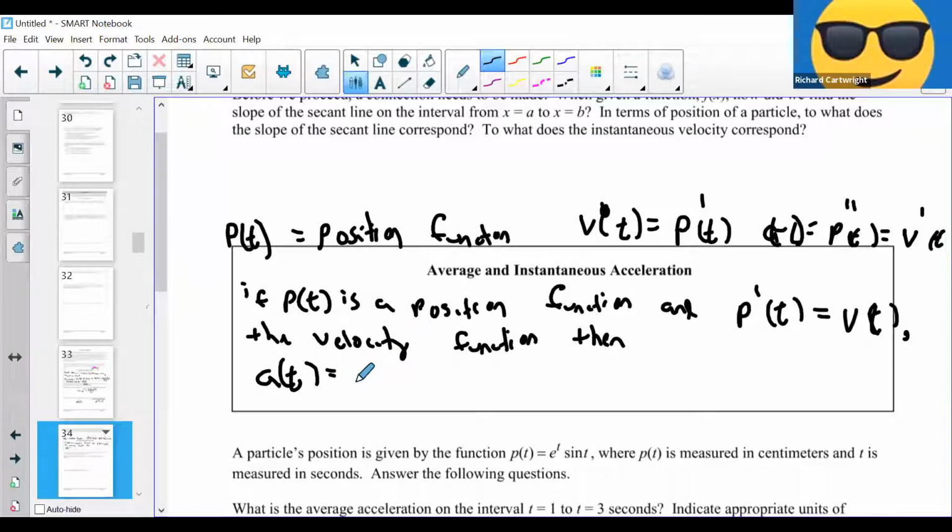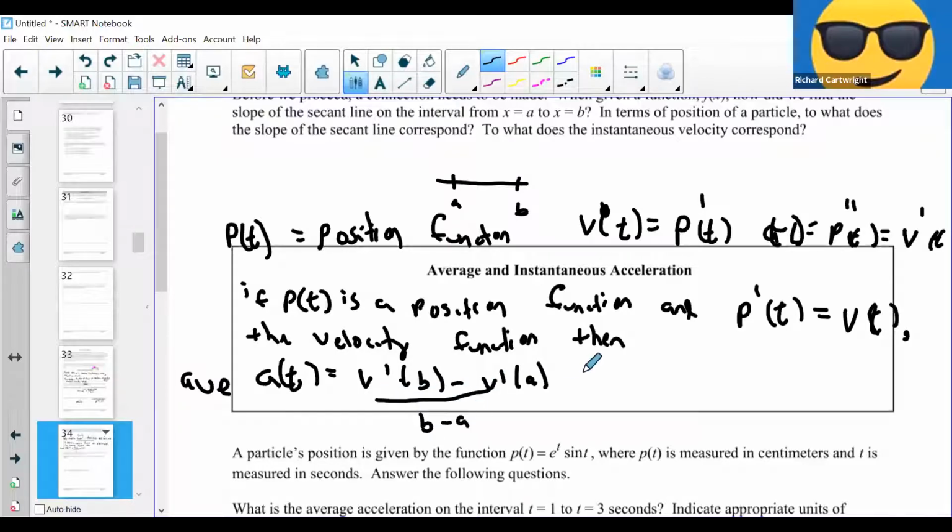will be equal to the change of, we're doing average. I want to do average. Let me erase the A of t. So I want to put the average. Well, I can add it in front. Yeah, the average acceleration will be, assuming again that we're traveling from A to B, v of B minus v of A, still over B minus A. It's the secant